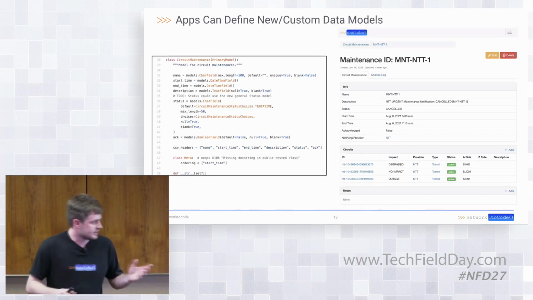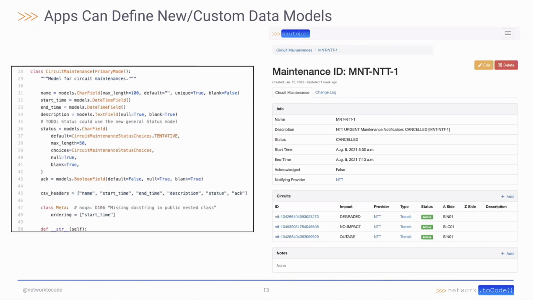So let's call out some of the key features that applications can provide. We mentioned building their own data model. On the left-hand side, you've got the Django code that's actually used for defining the circuit maintenance model here. And on the right, because you wrote that code and a little bit of extra boilerplate for rendering these views, you get that new data model interaction within the application itself. Again, we'll talk about circuit maintenance later today, but this is around tracking and parsing vendor notifications for circuit maintenances and so forth.